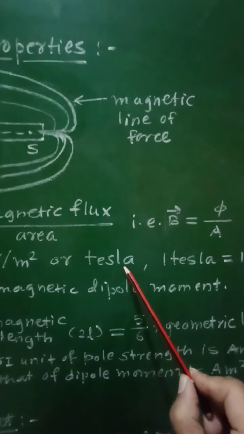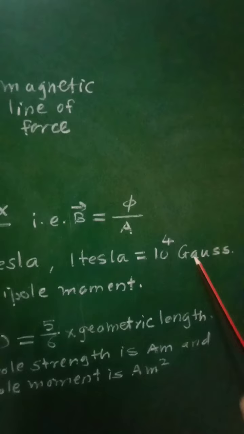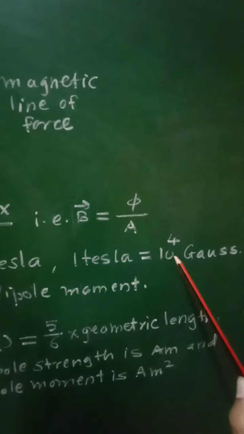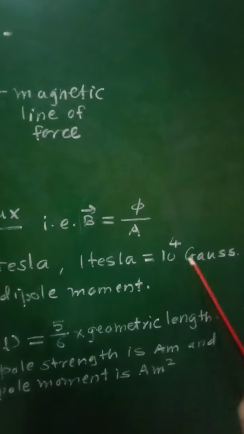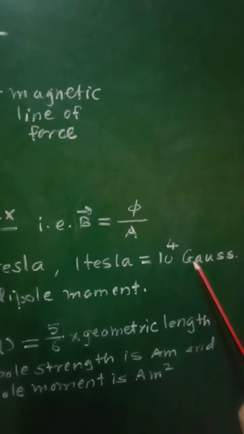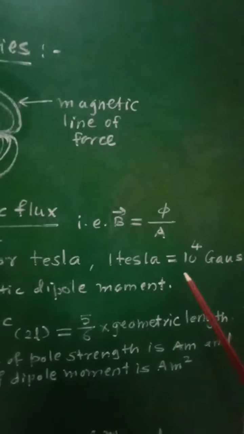It is Tesla, and 1 Tesla is equal to 10 raised to 4 Gauss. 1 Tesla is equal to 10 raised to 4 Gauss. So this will be the relation between these two units of magnetic field, Tesla and Gauss. And now